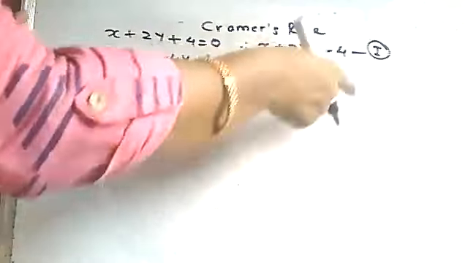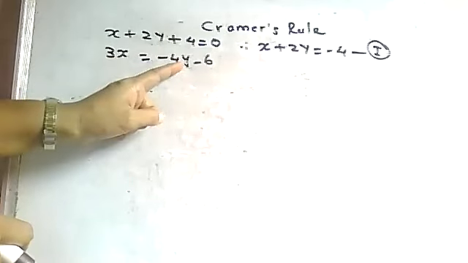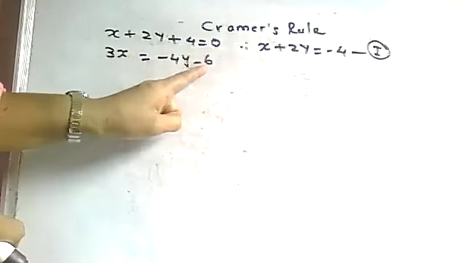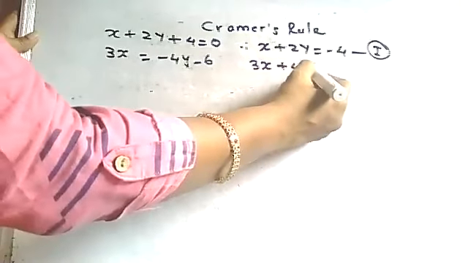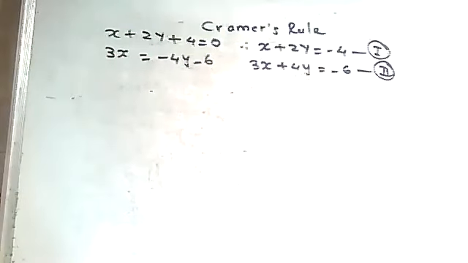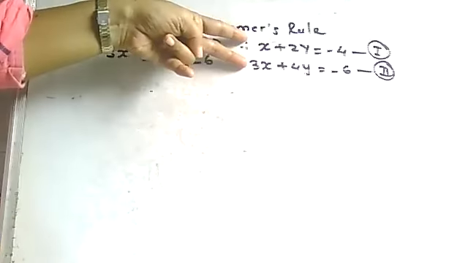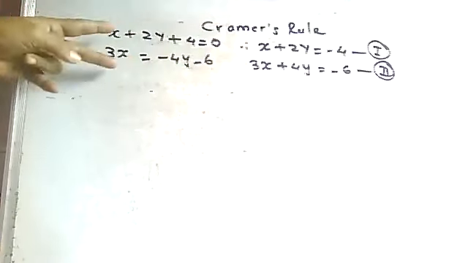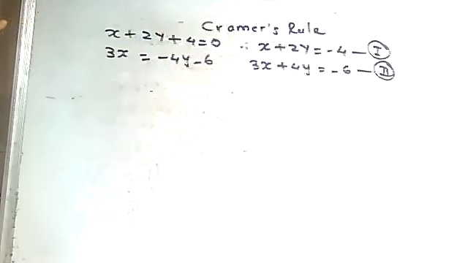x plus 2y is equal to minus 4. Even this is not arranged in that form. So I will arrange. I will bring the y term this side and I'll keep this as it is. So this is 3x plus 4y is equal to minus 6 as your second equation. All right, Tanishka, theek hai. Now with these two equations, we will move ahead. We will ignore this part and we will use these two equations which are already arranged.